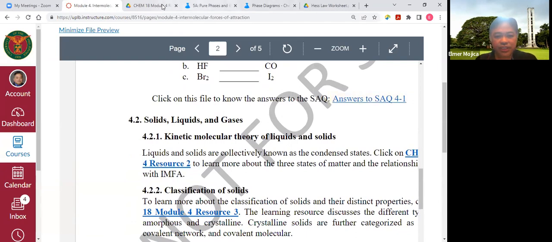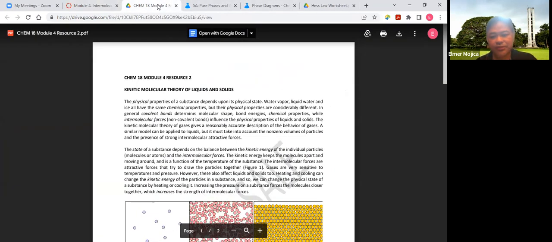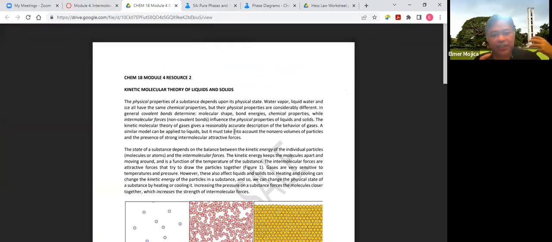So, even though model yung KMT nung gas, pwede mo pa rin siya i-apply doon sa liquid and solids kasi gumagalaw pa rin naman yung atoms saka molecules. Okay? Sa liquid, they are far from one another, so there's movement that you have. Sa solid, even though they are in fixed position,